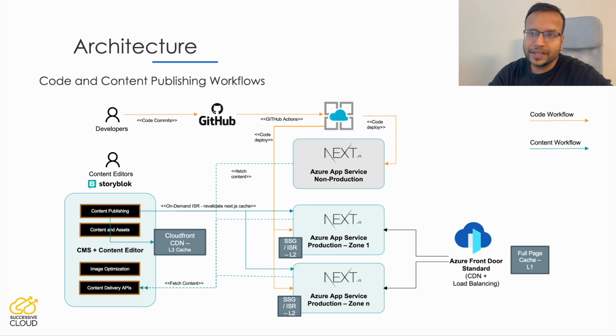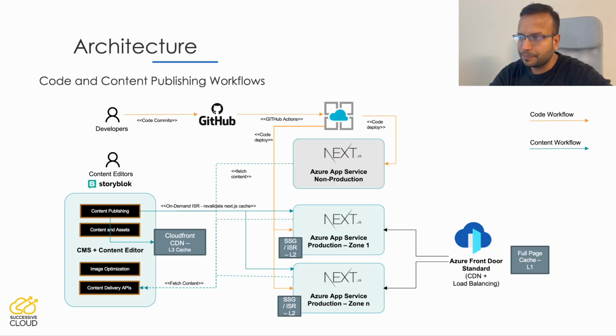So this is the architecture diagram. This is not in depth, but it can give you a little idea about how we have implemented things. Now, if you see this diagram, there are different types of people who are accessing the backend and the front end. When we talk about the backend, we have developers who are pushing the code to the repository